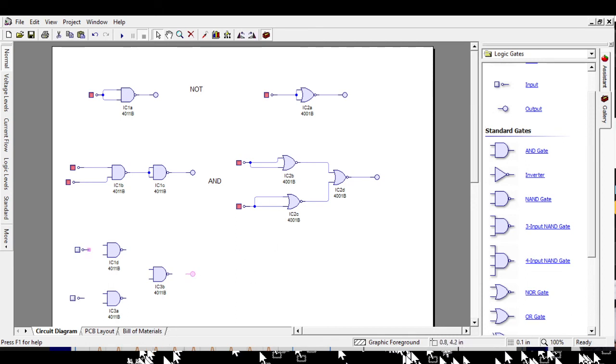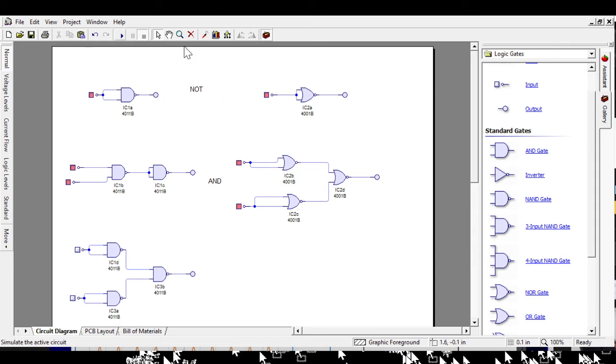So this will be a NOT gate. And this will be my NAND gate. This will give us my OR gate.